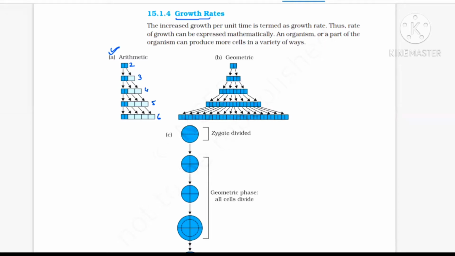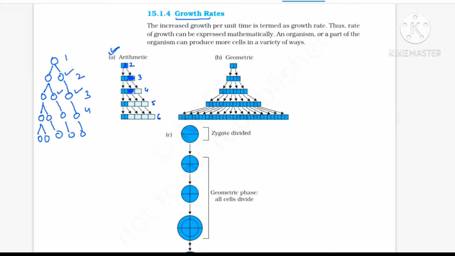I'll do one thing, I'll highlight it with another color. So this became permanent. Okay, this is the permanent one. This one is dividing into two, then this again becomes the next permanent one. So every time one cell divides into two cells, one cell will become permanent and only one will retain the power of division. Again one cell will become permanent. This is already permanent here. Then only one cell will retain the power of division. This is already permanent, and again this becomes permanent. And again, this is the way division is going on. Is it clear, beta? So from one cell, it becomes two cells, three cells, four cells, and five cells. So this is known as arithmetic type of growth.